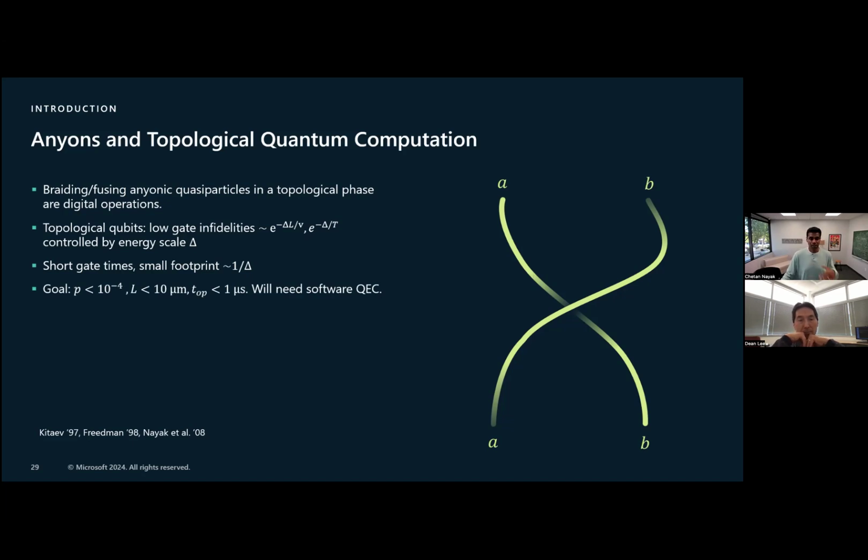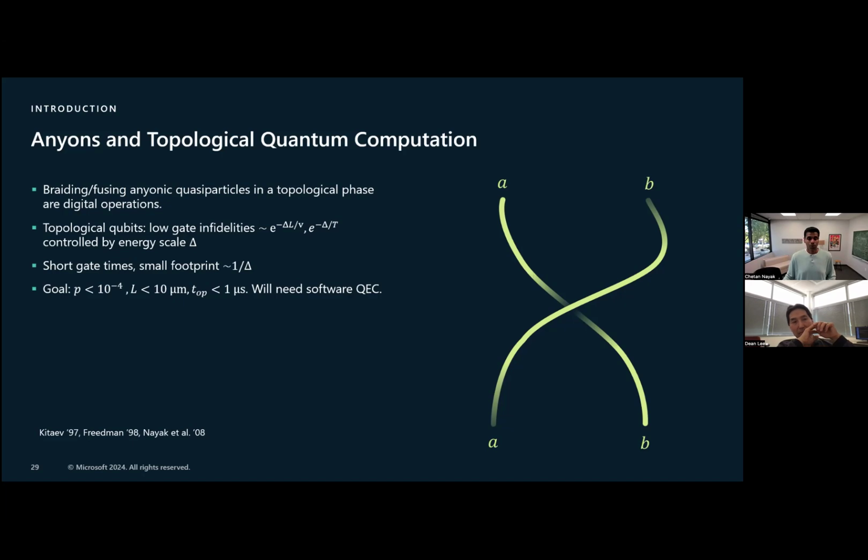And our goal, when we say how reliable should it be, how small should it be, how fast should it be: we want something that has a per cycle, per qubit error rate that's less than 10 to the minus 4. That's the point at which quantum error correction becomes very, very efficient, okay? You're not just at that break-even point where you're basically running in place and just barely managing not to create more errors than you can correct. That's the point at which you really have exponential scaling towards something that's extremely precise or extremely low